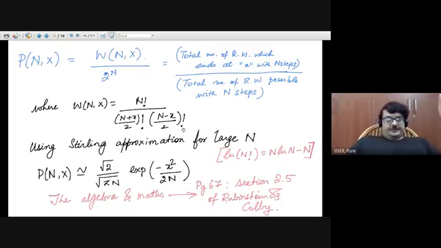And now this W(n,x), when n is extremely large, using the so-called Stirling approximation, which has already been introduced in a statistical physics class, valid for large n, one can write log n factorial. So basically you have to take log W(n,x), then log n factorial. So log n factorial can be written as n log n minus n. We're going to do all of this and do some algebra,